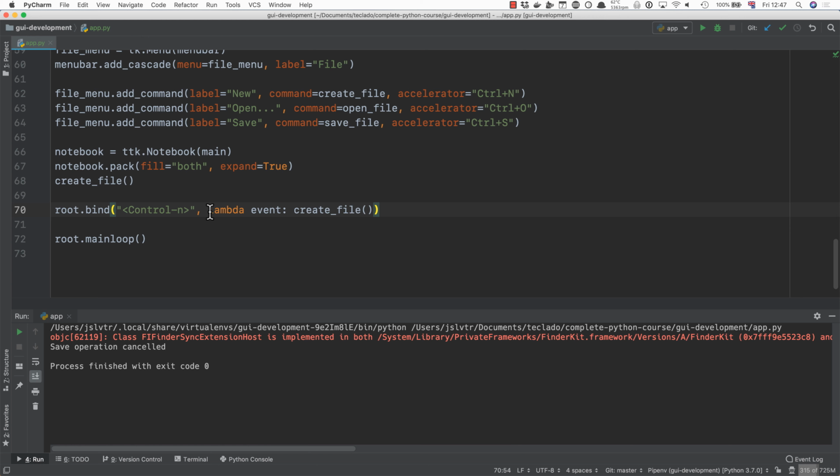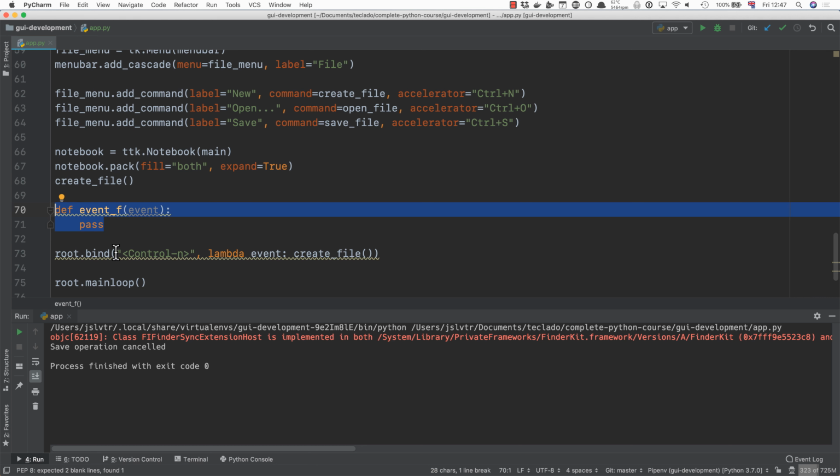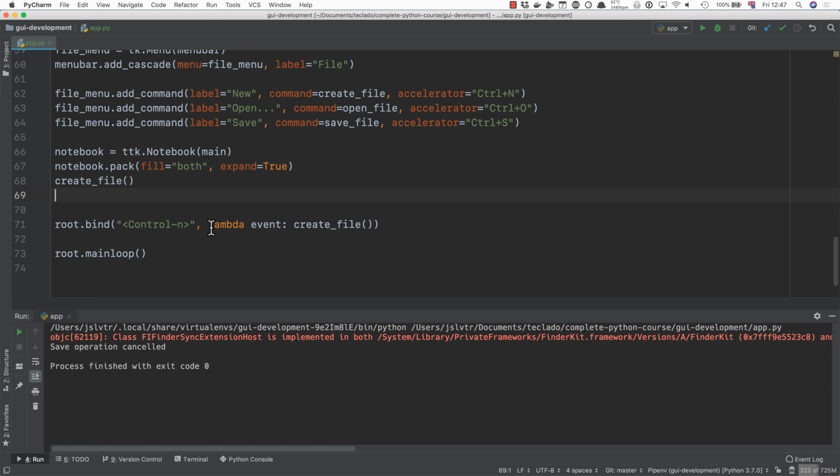Now, it's important that we do lambda event and then pass in the create file executing. That's because whenever you bind a shortcut, the second argument to bind is a function that must have the signature of something like this, def event function, which takes in an event and then does things. That is because you could use the event that has been generated inside the function. In this case, we don't want to use the event, so what we do is we create a lambda function that takes in the event as an argument and then doesn't use it, and all it does is it calls